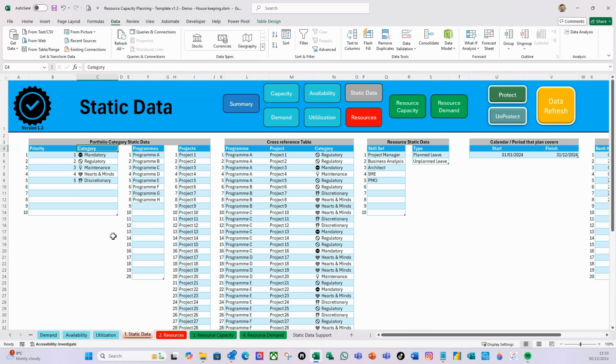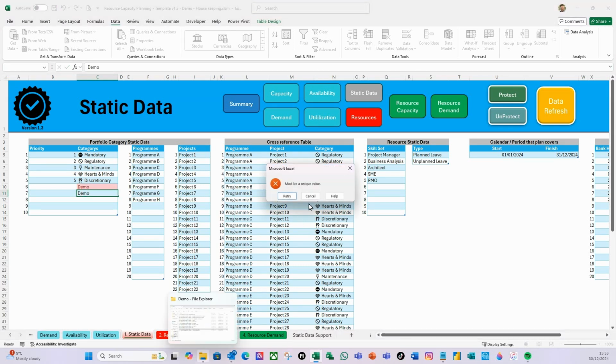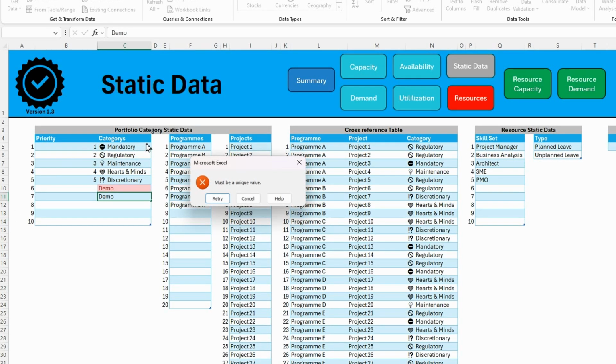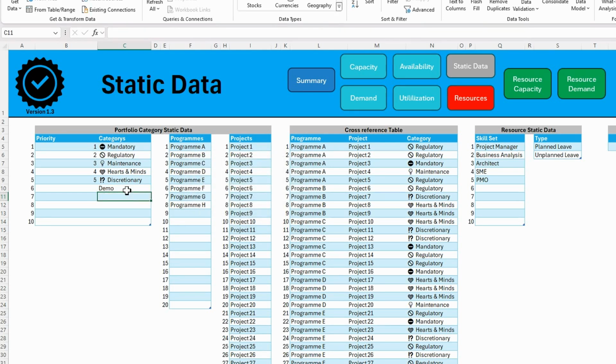Now, if I change that to categories, look what happens. I do demo, it's fine. If I do demo again, it now works as we want it to, which means now that column can be changed. Brilliant. So if I just cancel that,